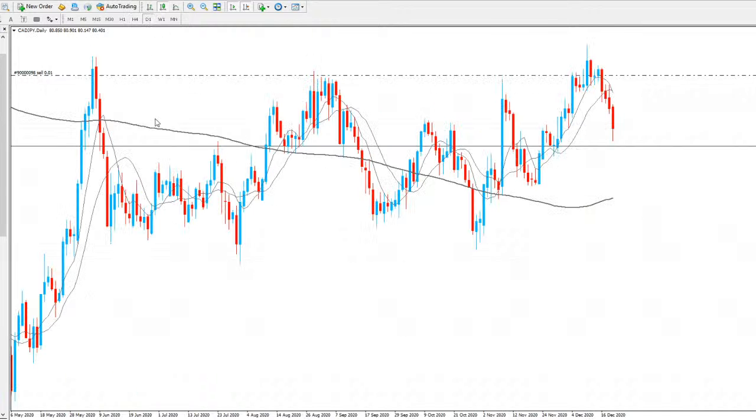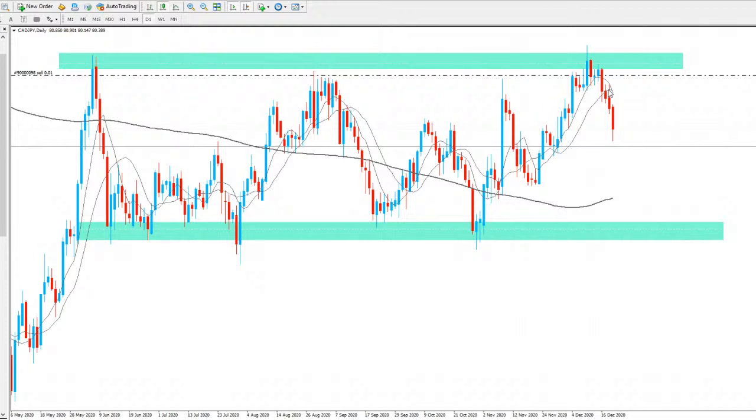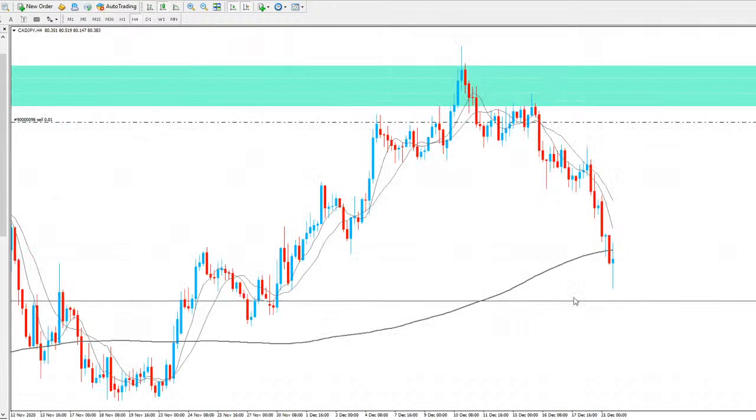As you can see in the daily chart, we're kind of just ranging here. We've got our resistance up there, and we've got our support down there. And you can see we're back at the highs. We've got an impulse move to the downside on the daily chart, expecting that to continue to the lows here. Again, probably not going to be holding on to our position all the way to the lows here for CAD JPY. But again, if you start to see some bullish price action come back in,